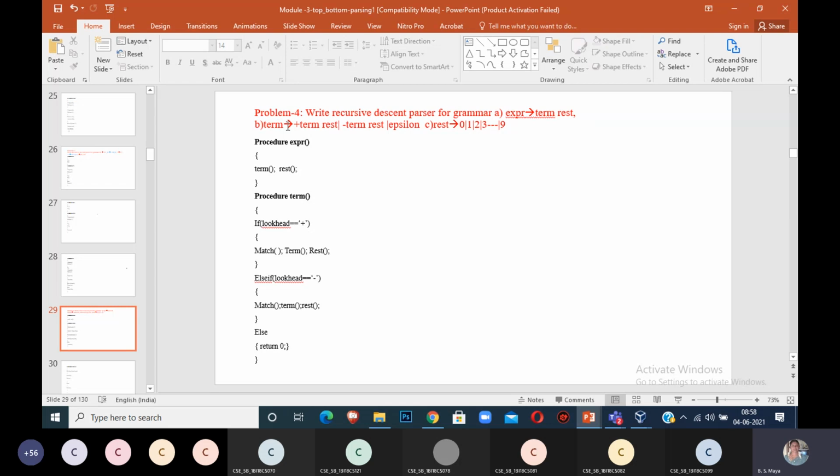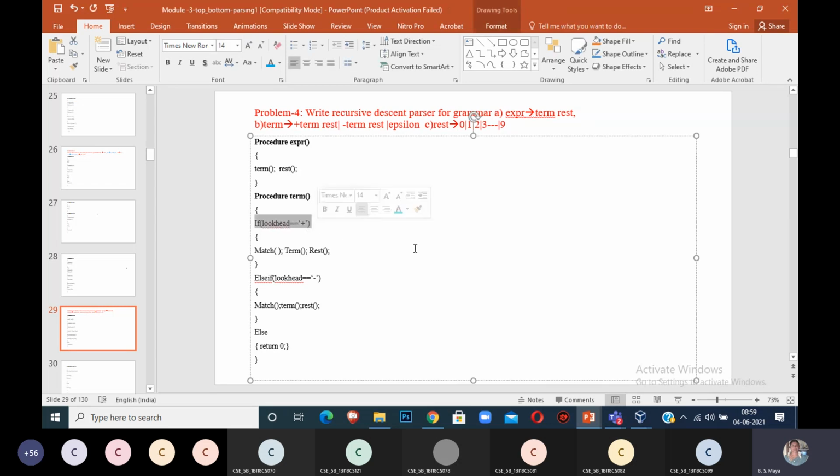Let me go for the procedure for the non-terminal term. So you can also use this other method, instead of using CH is equal to get character. That's in your reference textbook. But your prescribed textbook will not give any procedure for any of the problems. See, it gives only the algorithm. But you have to learn from some other textbook, then you can write the procedure.